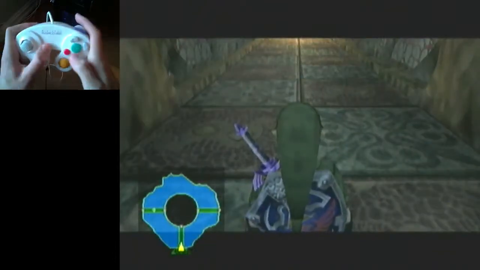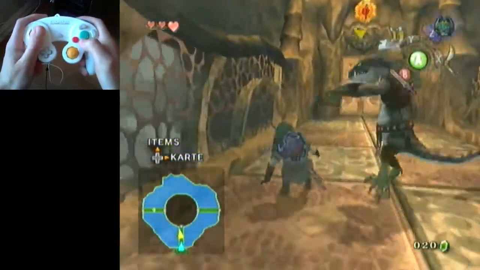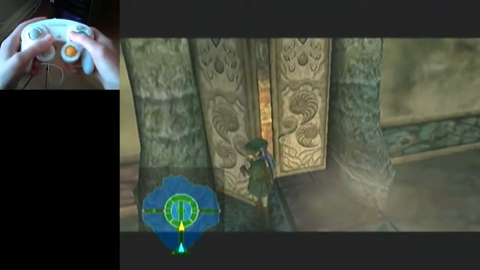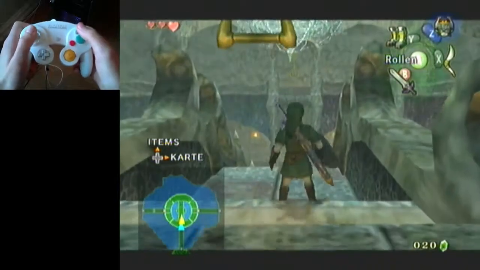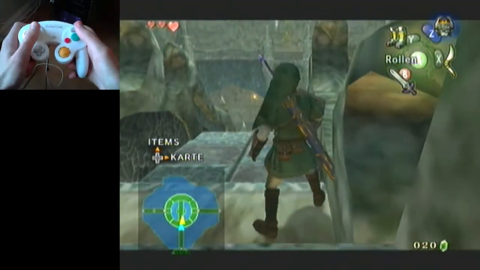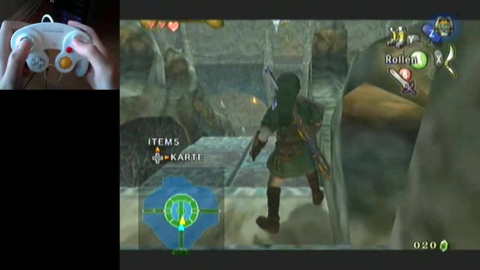Skip this cutscene and do a target roll. Go to the left side of this guy or else he will hit you. It doesn't matter which door you enter here, left or right is fine. Then do 2 rolls. I didn't get the second roll, but if I would have gotten it, I would have been in a much better spot. So you're just gonna hold target and then go all the way at right,